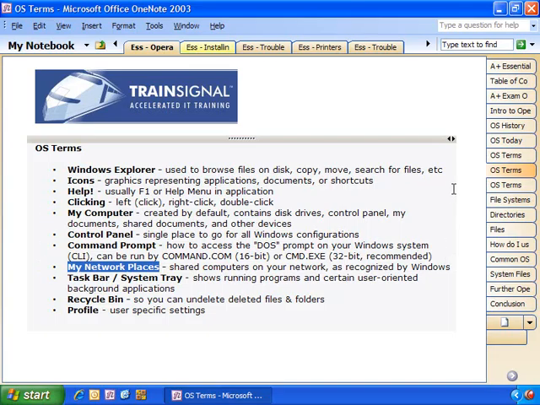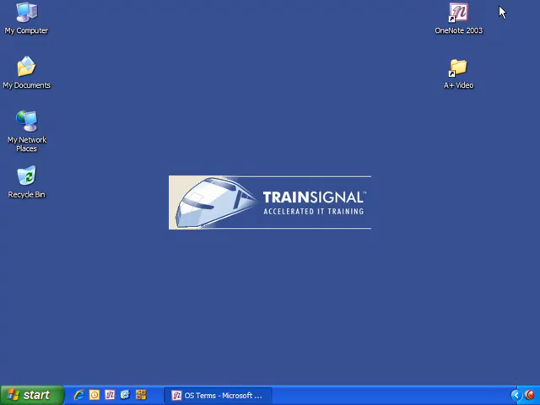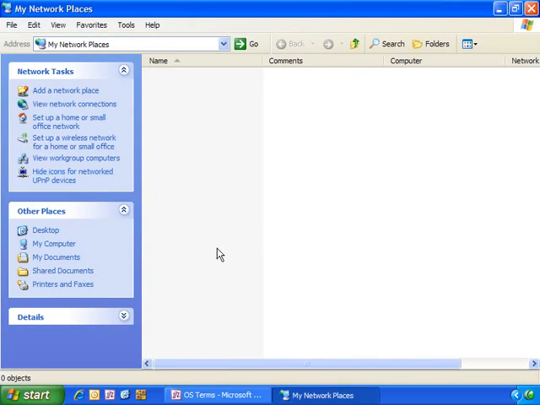Let's take a look at this My Network Places. If I minimize this and I go to My Network Places right here, this icon shows a computer with a globe. I'm going to double click on that, and mine's empty right now. I don't see any other computers in my network places. I can go into View Workgroup Computers,